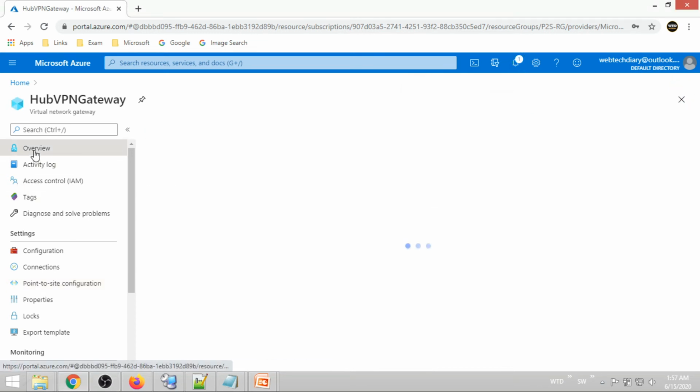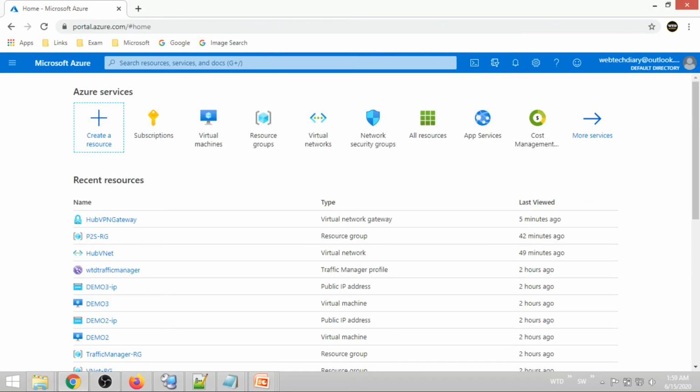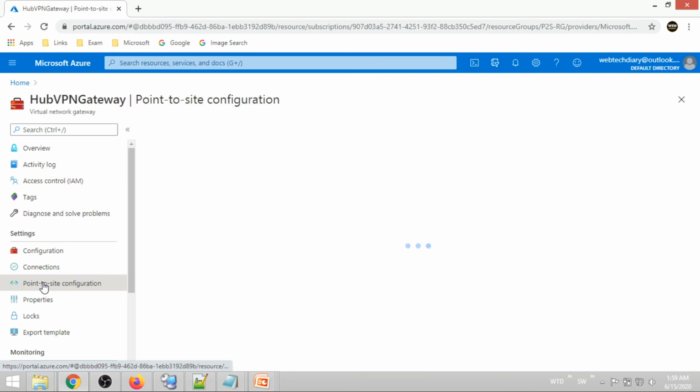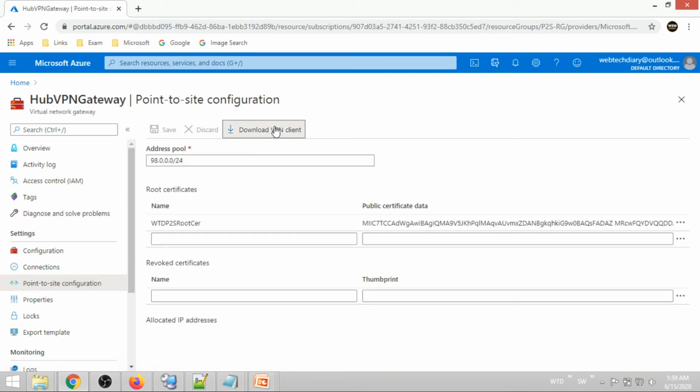Let me go to the overview. Let's download the VPN client. So go to the virtual network gateway, go to point to site configuration and download VPN client. So now VPN client is downloaded.